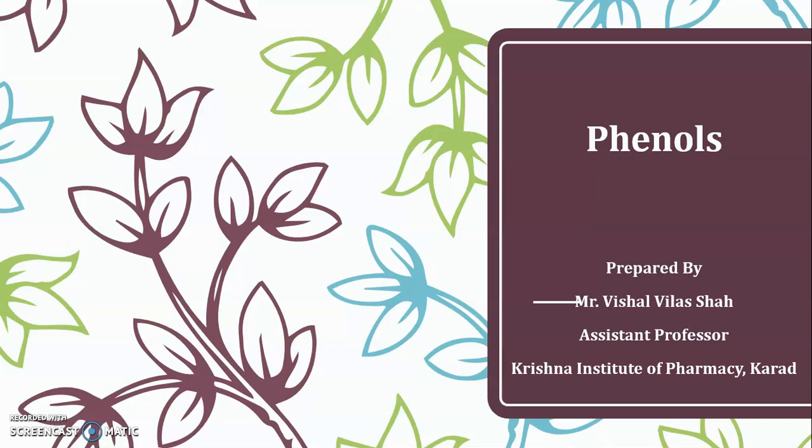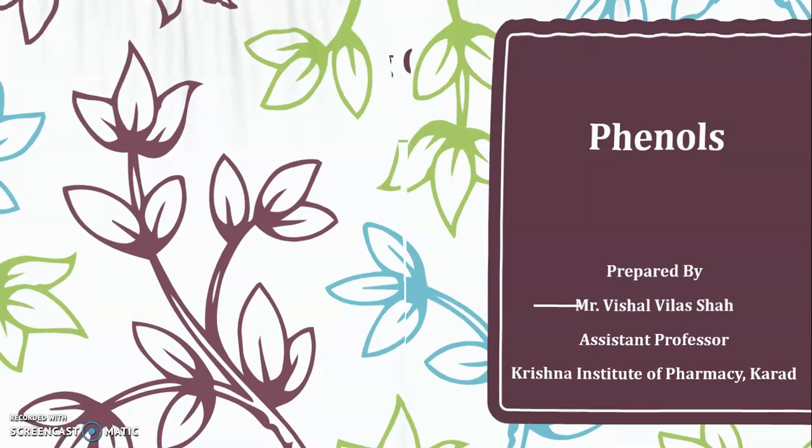Now in the previous video we have seen the reactions of the phenol. In that case we discussed the reactions that are given positive due to the presence of the hydroxyl group. As we know, phenol gives positive reactions due to the presence of the hydroxyl group as well as the presence of the benzene ring. So today we are going to discuss the reactions of the phenol that are given positive due to the presence of the benzene ring in the phenol. So let's start one by one.